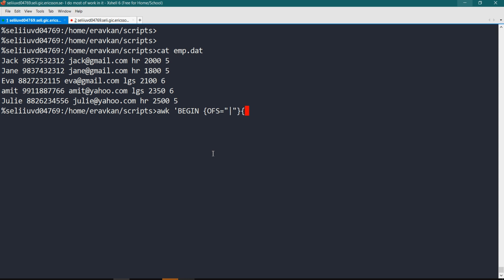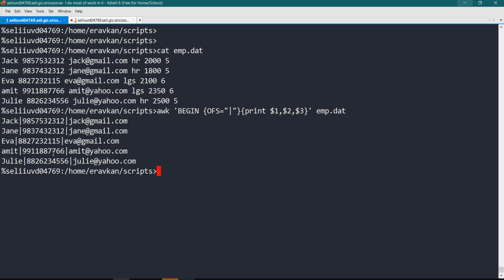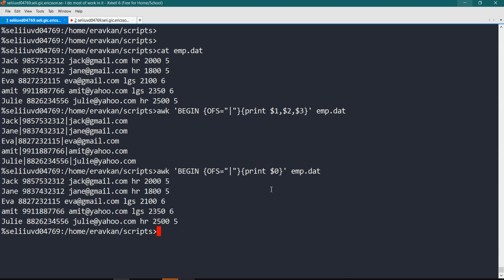Then I am printing $1, $2, $3, okay, and my file name is emerald. So you see, this is now your output field separator. So in the output, how you want to represent your records, how your records will be separated. So it will be good.